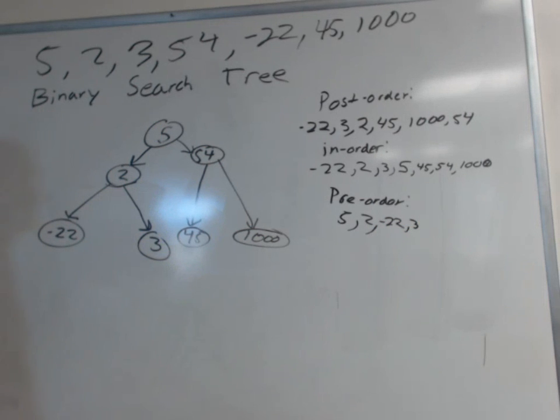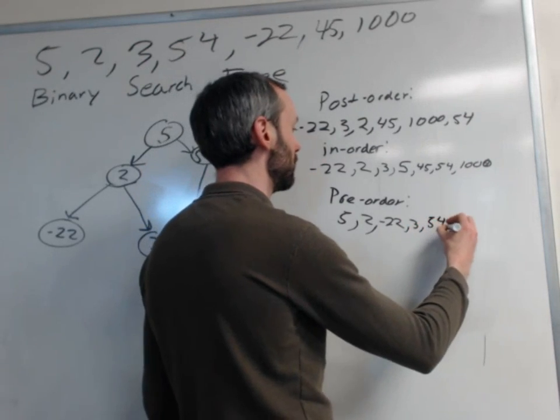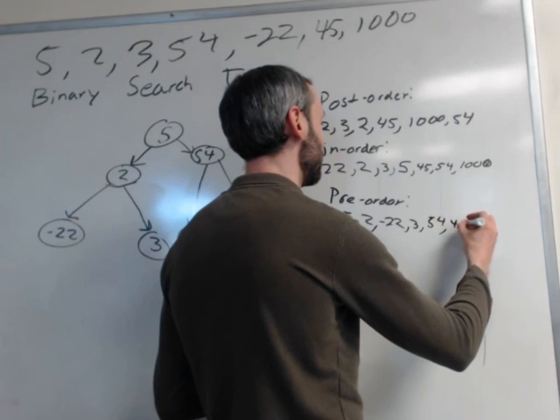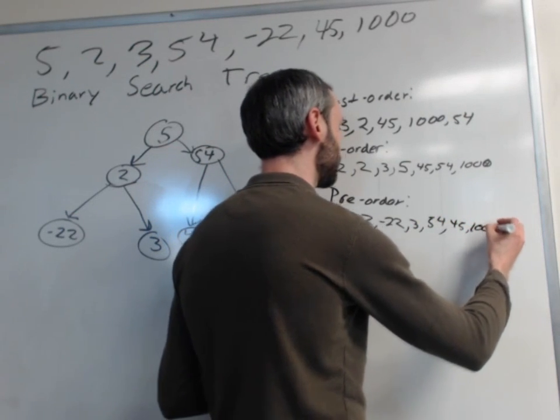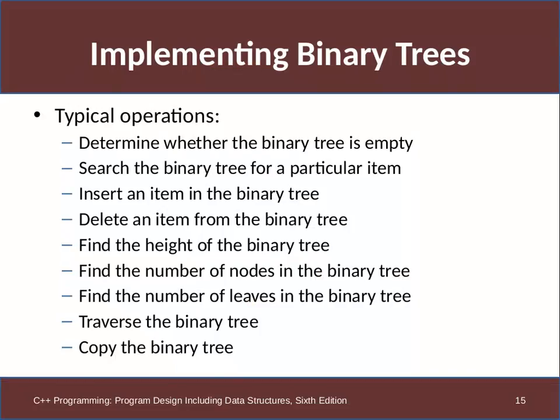What's the next number we would print out? You print out 54. Why do we print out the 54? Because you've already printed 2, you've already printed 5, and you go to the right child. So then we go to 54. What gets printed next? 45. Then 1,000. All right. Great. I think it's coding time. So let's go ahead and pause the video and